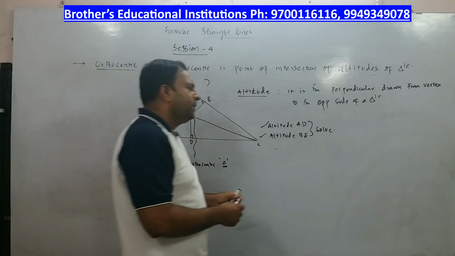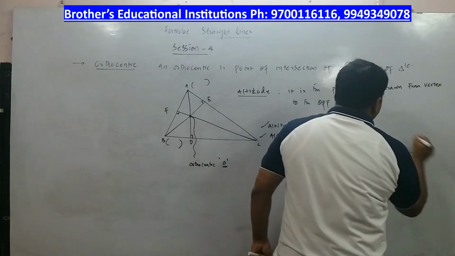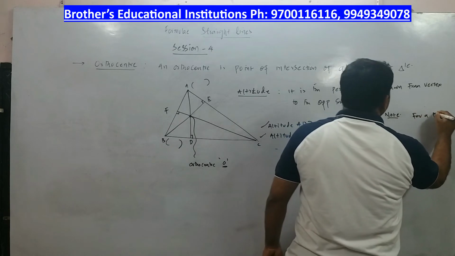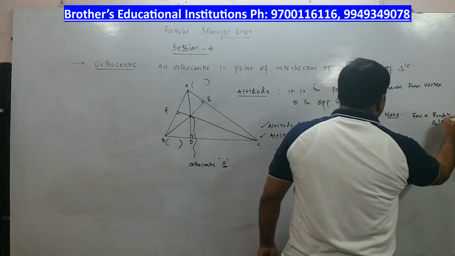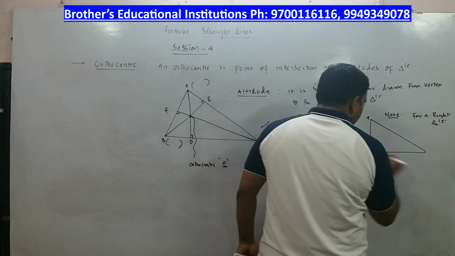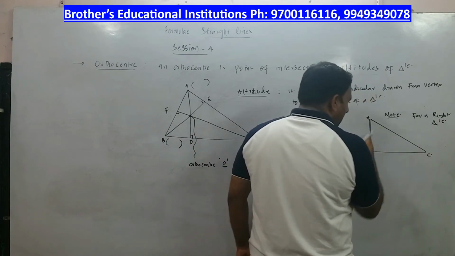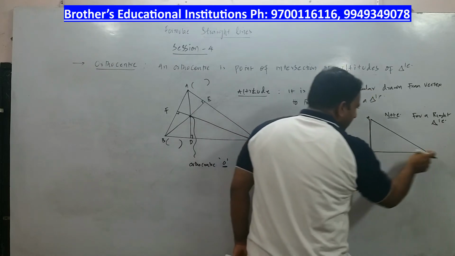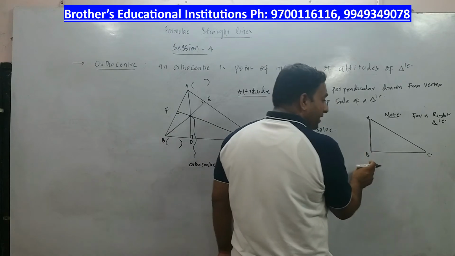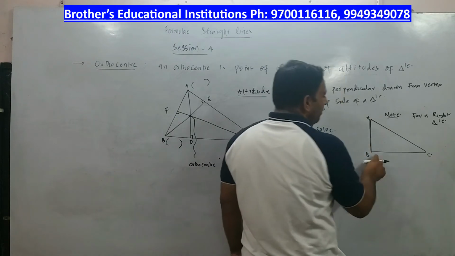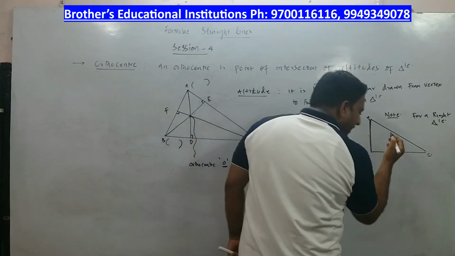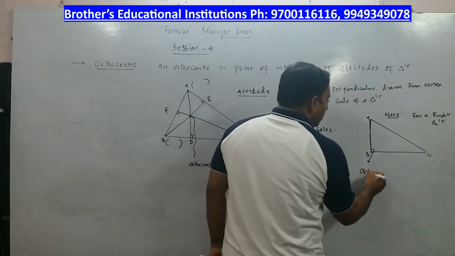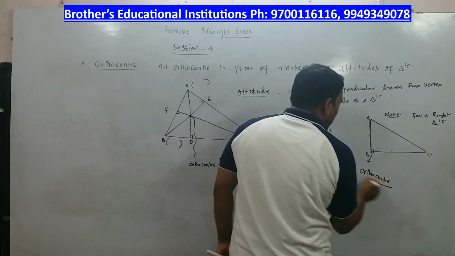And a small note, remember children, if you have a right angle triangle, this note is very important. For a right angle triangle, this is A, B, C. Now this is an altitude of ABC. If I take BC as the base, then AB will be the altitude of triangle ABC. If I take AB as the base, BC will be the altitude. So AB is acting as one altitude, BC is acting as another altitude, and where are these altitudes meeting? They are meeting here. This point is called the orthocenter for a right angle triangle.